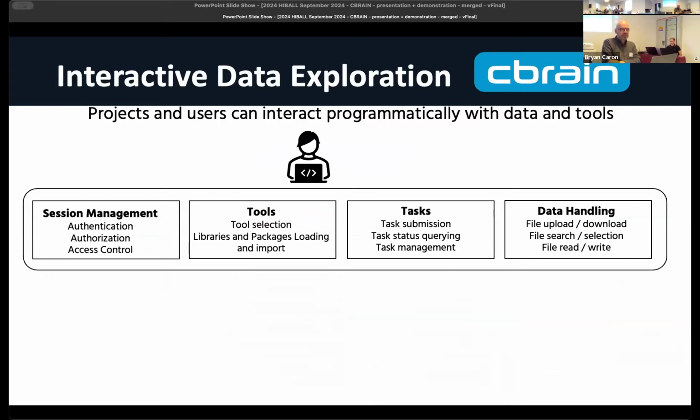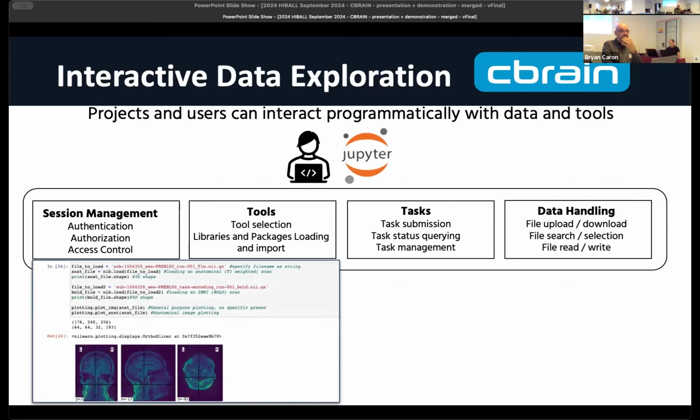So just to mention, everything from the web UI part, you can also do programmatically. Whether it's logging in to create a session, picking and using tools, submitting and managing tasks, or even handling your data, you can do all that from the command line, or, for example, within a Jupyter notebook. This is an example of what we did in a recent tutorial, where people were working with NiLearn.